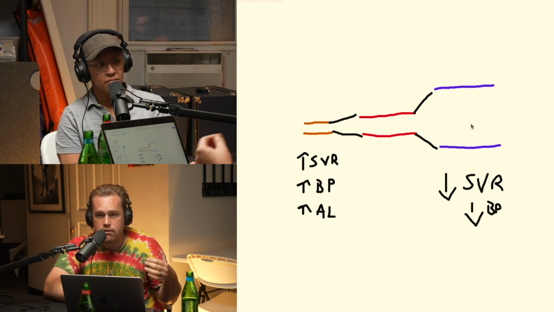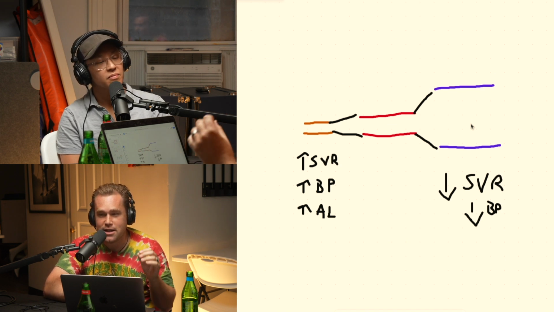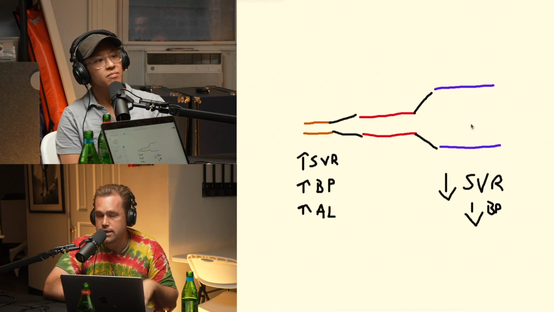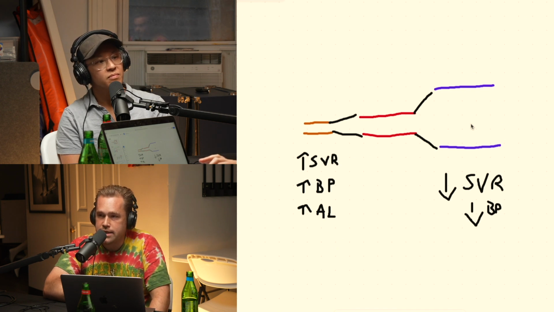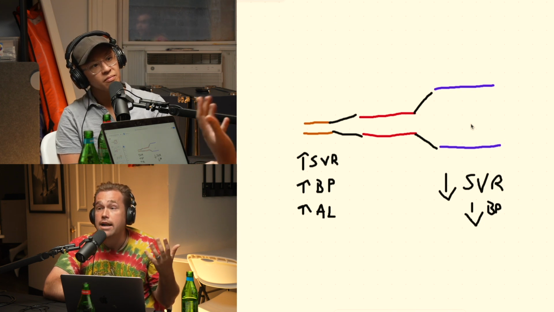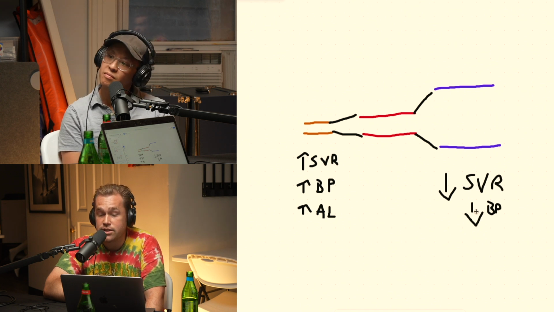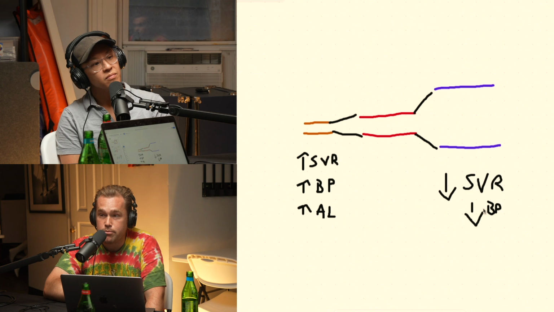Or another way of thinking about this is, let's say some people still use straws, some people don't, but let's say you're using a straw to suck up a drink. So what if you replace that straw with a paper towel roll? Are you going to be able to suck that up? No, because there's not enough pressure. So what this is called is a drop in systemic vascular resistance. And with that drop of systemic vascular resistance, you're going to have a major drop in blood pressure.